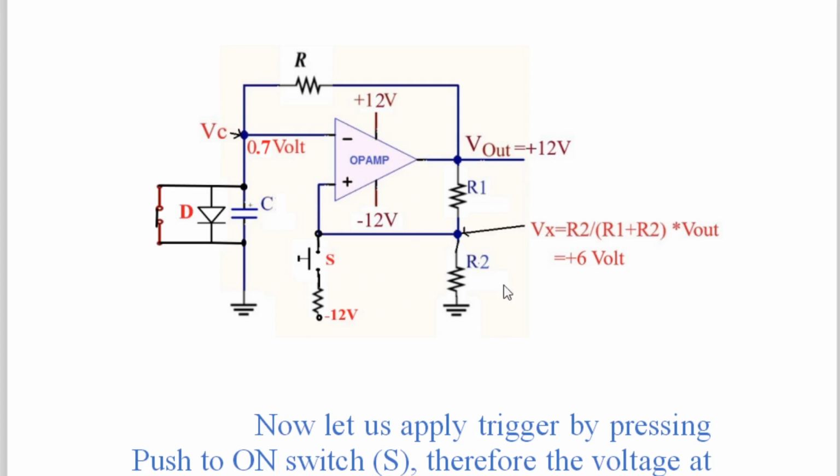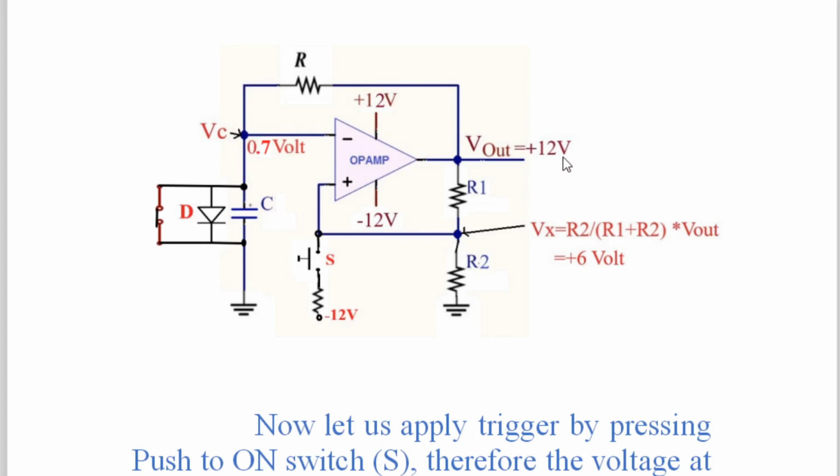Now look at this diagram very carefully again. We have not yet applied the trigger. We have not disturbed this switch at all. It is open only. Now let us imagine if I push this switch and short circuit these 2 points of the switch, what will happen? Under this condition, when the switch is open, the output is at 12 volt. Because of that 12 volt, your diode is conducting, and the voltage across the diode is 0.7 volt. The voltage across the capacitor is also 0.7 volt because the diode and capacitor are in parallel, and that voltage is shown at this point and applied to the inverting pin.